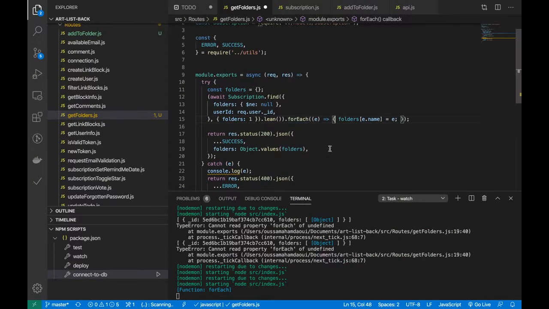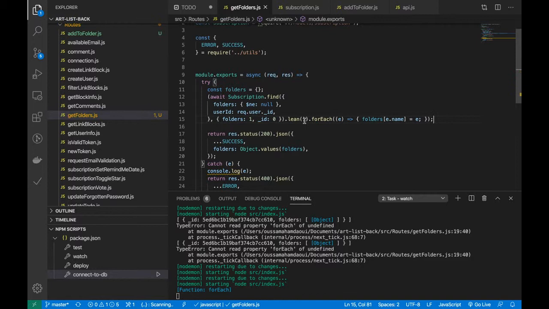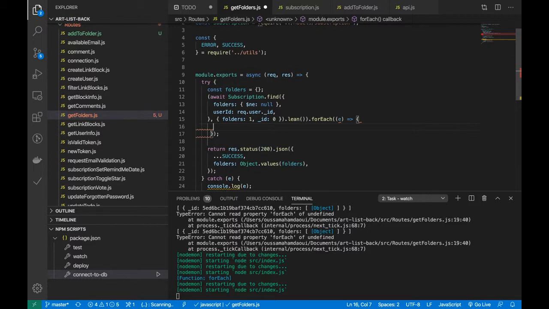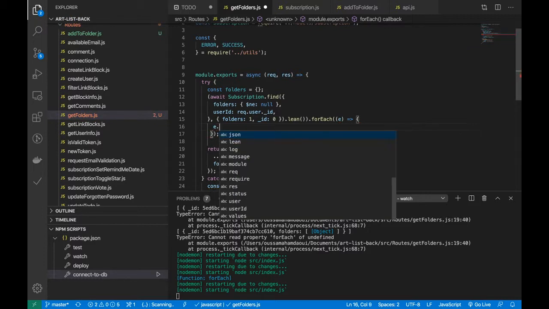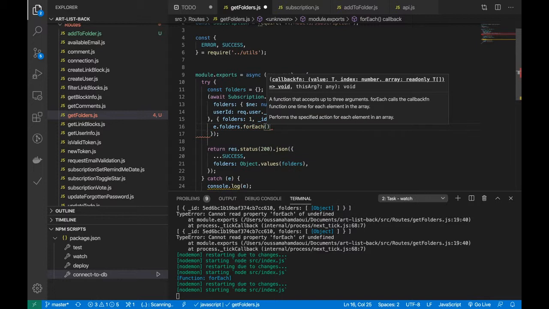So I have all the folders. Let me just remove the ID 0. So I'm getting just the folders. So for each subscription that has folders, I'm just gonna get, okay. So I need to add stuff in here. So what I need to do is that folders for each, and here is where I do